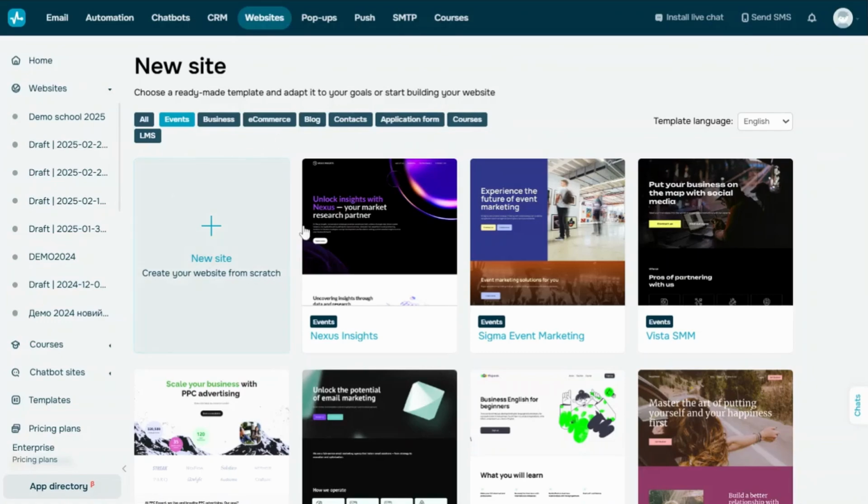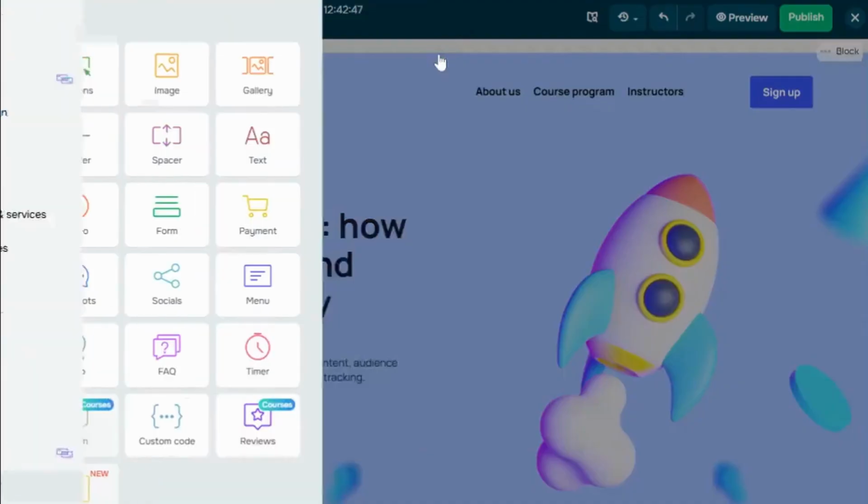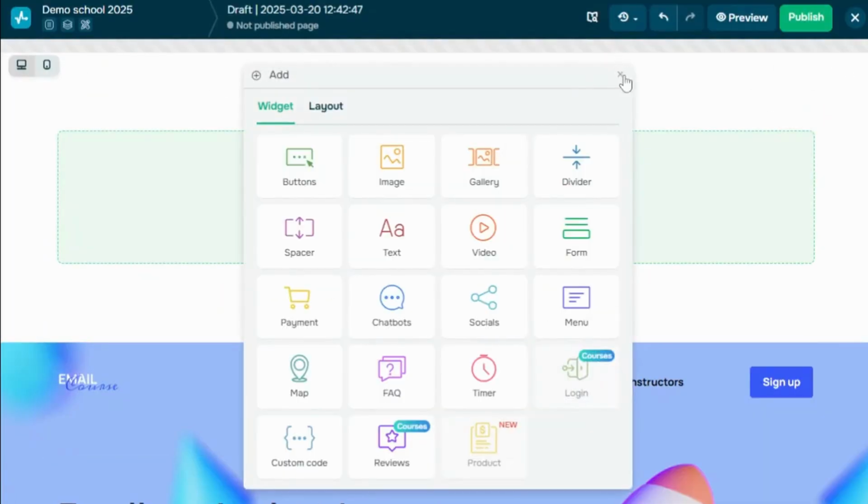A website structure includes three main elements: a block, a section, and a column. Sections allow you to place a row of columns horizontally, and you can use columns to place a row of widgets vertically. A section can include up to 6 columns and an unlimited number of blocks. Let's add a block. You can insert an empty block and add widgets to it, or use one of the ready-made layouts available in our website builder.